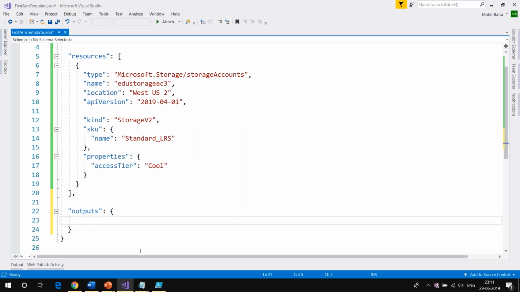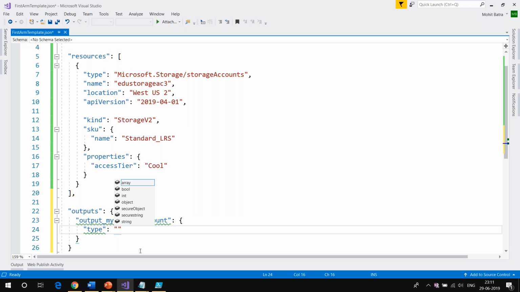I can go ahead in the output section and create my storage account output. So I'm going to create a variable. Let me call it output underscore my storage account. I'm going to put in the information of what output I want in this variable, and I'm going to say the type is going to be, now what is the type of the output?